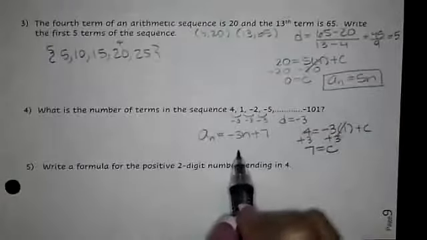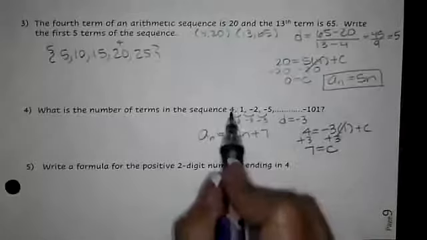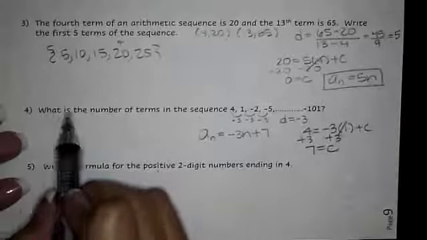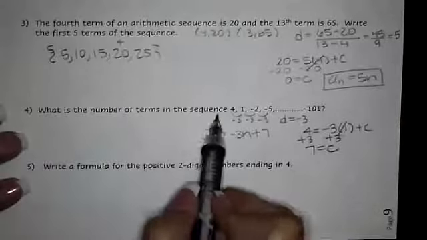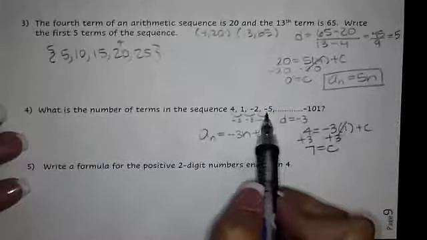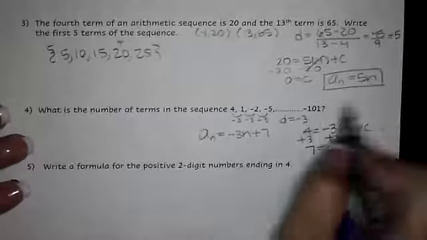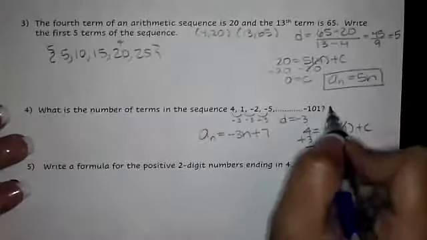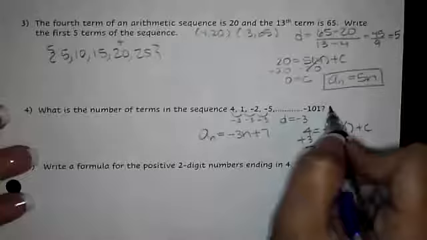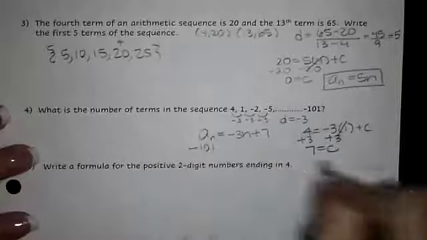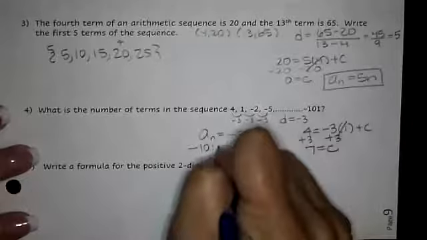Now that doesn't answer the question. This gives me a formula to find all of my sequence values, but it does not answer the question, because the question here is, what is the number of terms in the sequence 4, 1, -2, -5, all the way up to -101. So we need to know what term this number is, because that's going to tell me the number of terms. So I plug in -101 for the a sub n,